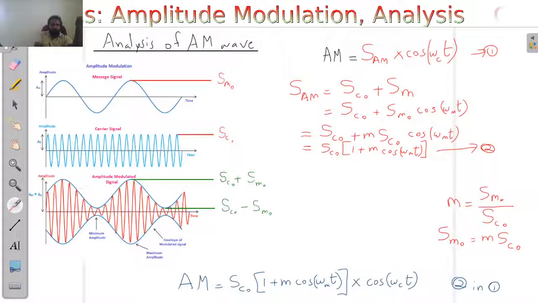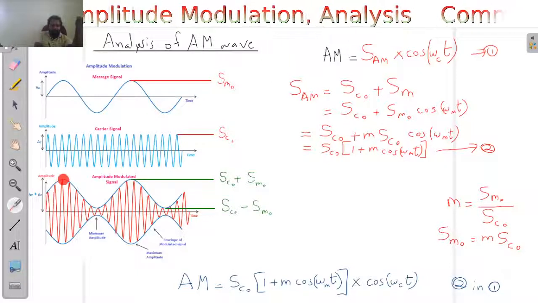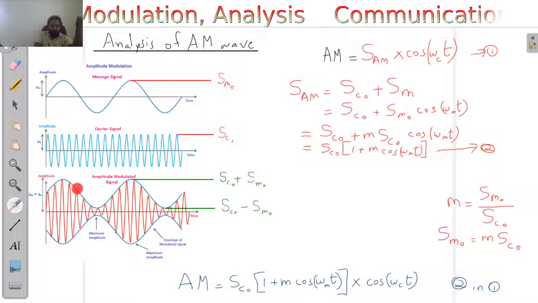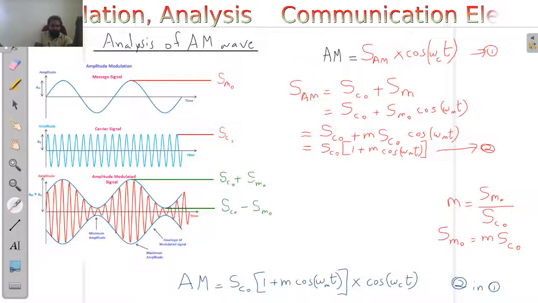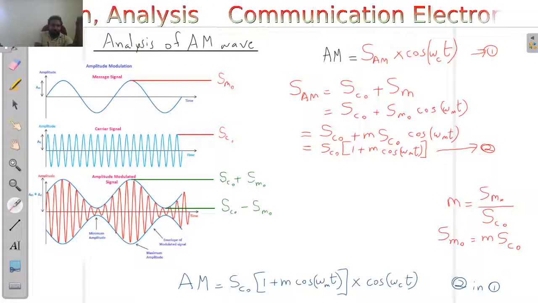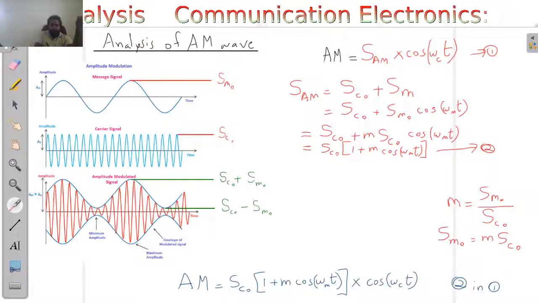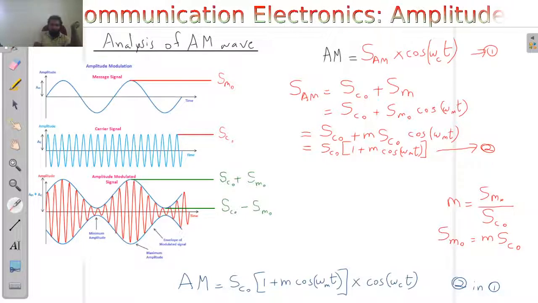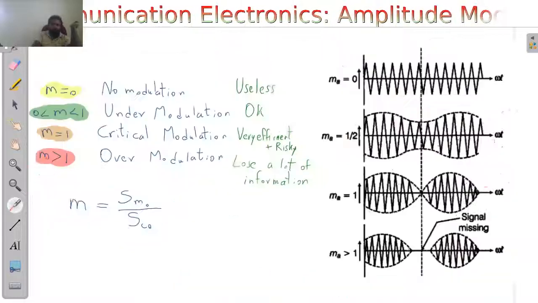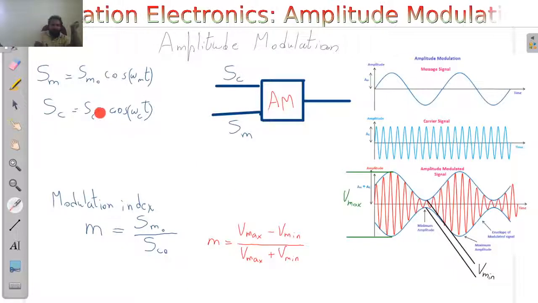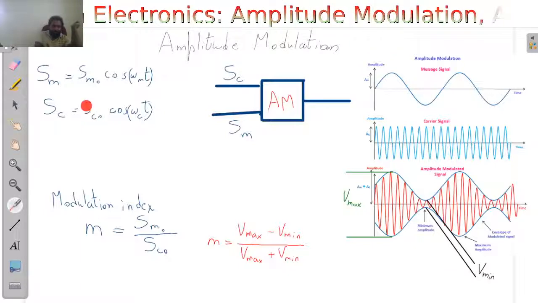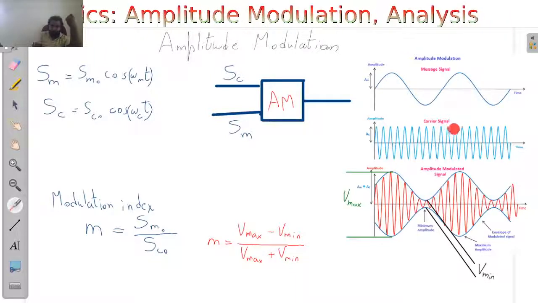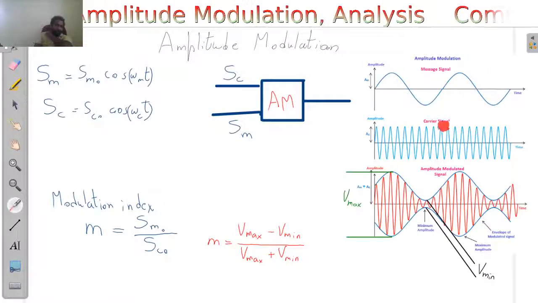So you can see here that the peak amplitude is changing. This is not the peak that you observed before. These peaks are different from each other. This is the smallest peak, this is the highest peak, like that. So that means our peak cannot be a constant. Usually the peak was constant. In the previous case, your carrier wave has a constant peak. SC0 is a constant. That is why you always have the same level for the peak of the sine wave.